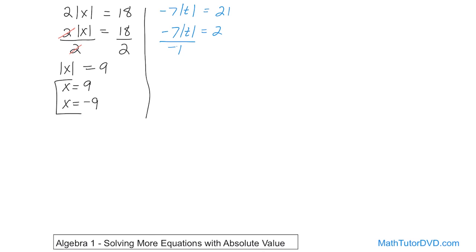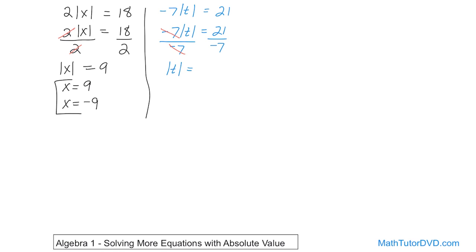We need to get rid of that 7 by, let me just make this a little clearer here. On the bottom we're going to have a -7 down here. We'll be dividing both sides by -7. Now on the left-hand side, the -7 on the top is going to cancel with the -7 on the bottom because they're dividing out. -7 divided by -7 is 1. So on the left-hand side, you're going to have the absolute value of t, and on the right-hand side, notice